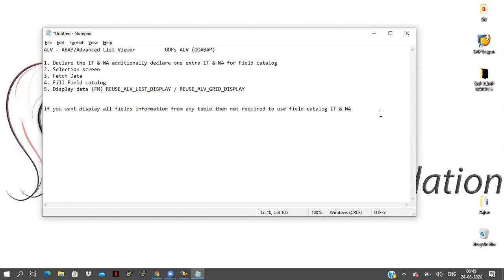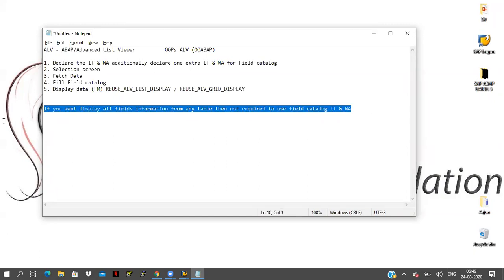Let us see. First of all, I will do this one because this is only one single select query. First I will use this one and display the data, then I will go for the field catalog.